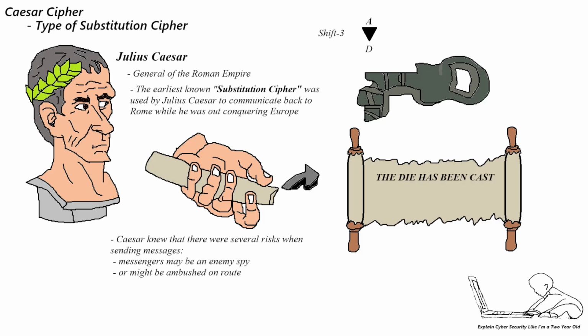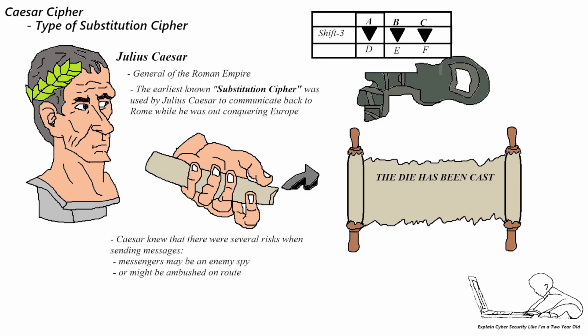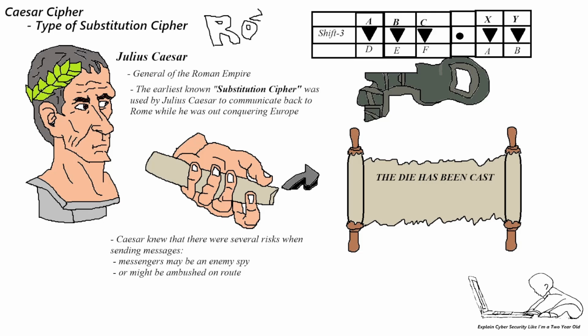So, to further illustrate, the letter A in ROT3 would be the letter D, and B would be E, and C would be F, etc., etc. And once the end of the alphabet was met, you simply wrap around to the beginning so that X becomes A, Y becomes B, etc., etc. As simple as it may seem, this Roman cipher laid the foundation to the future of encryption.